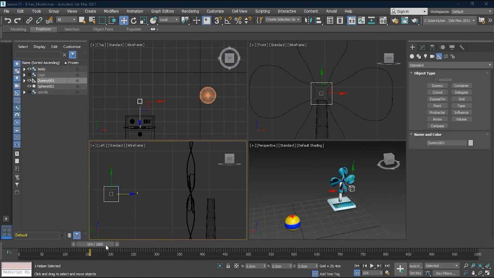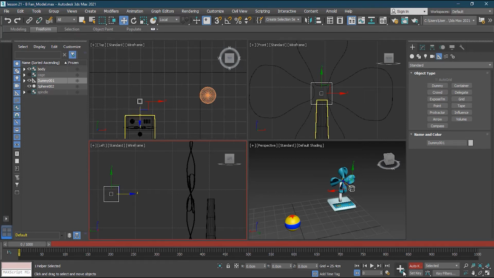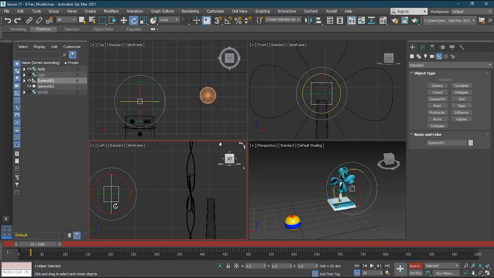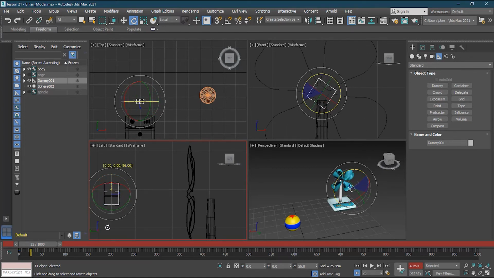So now let's animate the fins. I will go to the first frame, which is 0. I will turn on my auto key and create a keyframe, but you have to make sure you have selected the dummy. Once you have done that, I can go to frame 25. And here I will rotate this dummy on the z-axis all the way